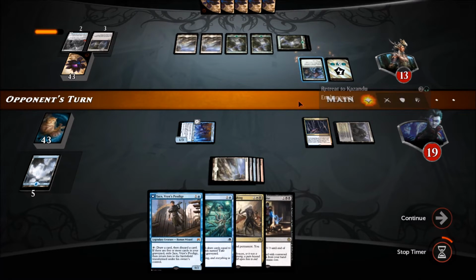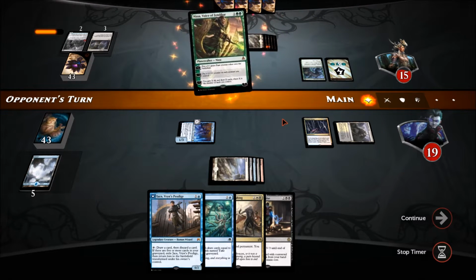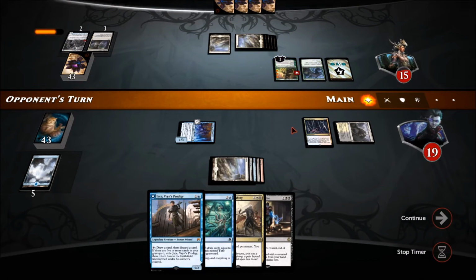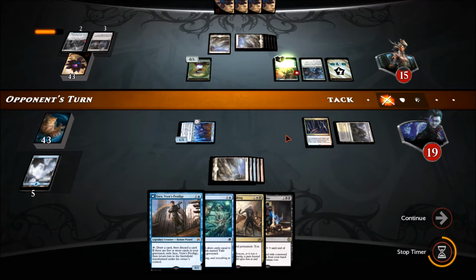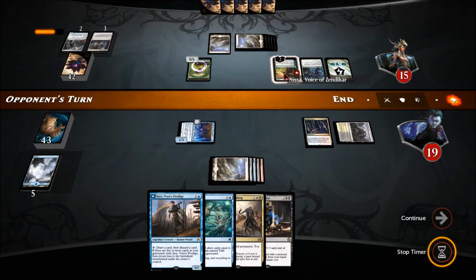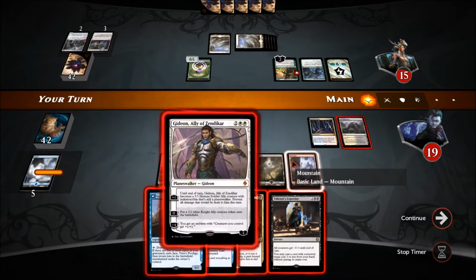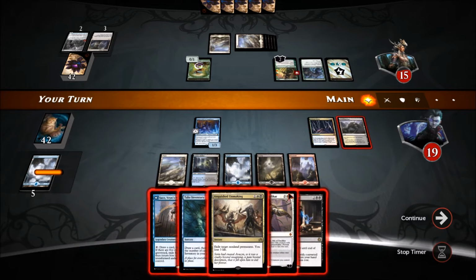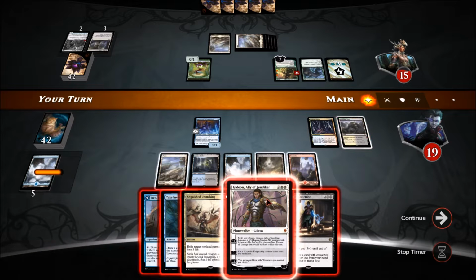If it's the retreat, it's probably gonna go for the life gain, obviously, because he's got no creatures in play. And he gets Nissa, Voice of Zendikar. Alright, he pluses her. I'm gonna do the damage to the Planeswalker there. And then I could Anguish Unmaking that if I really wanted to, but I think we really want to